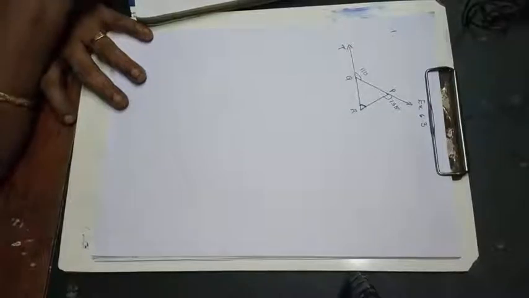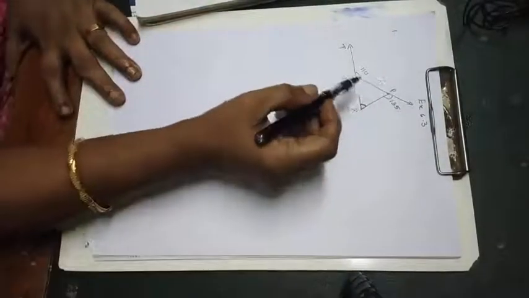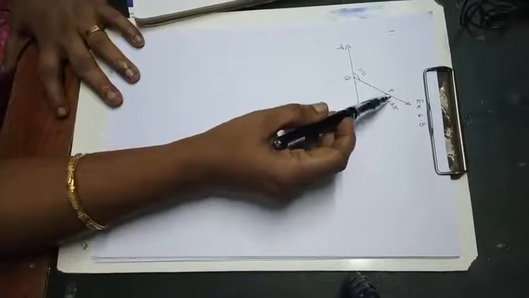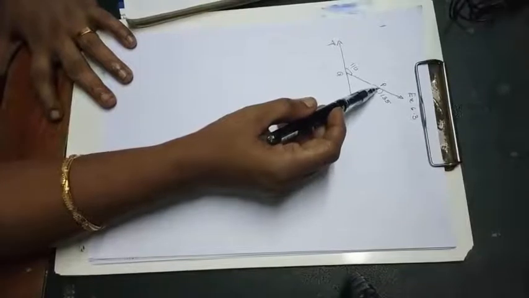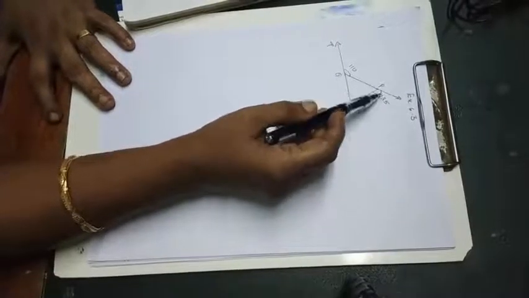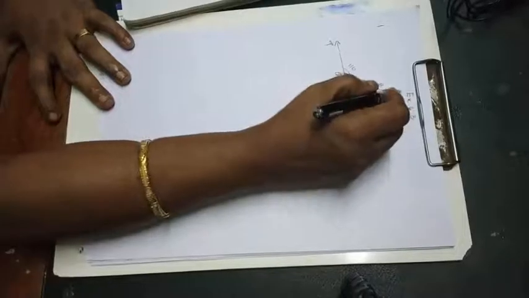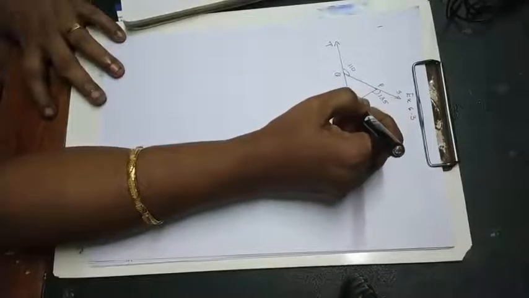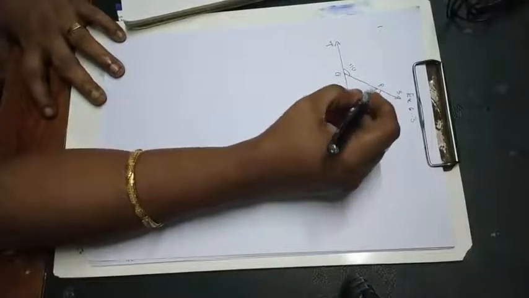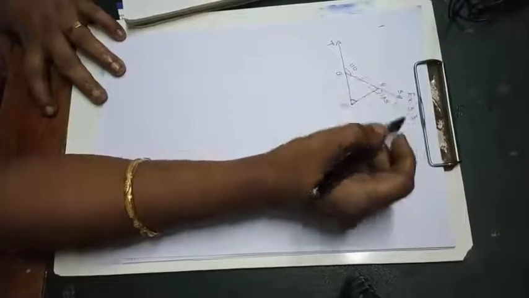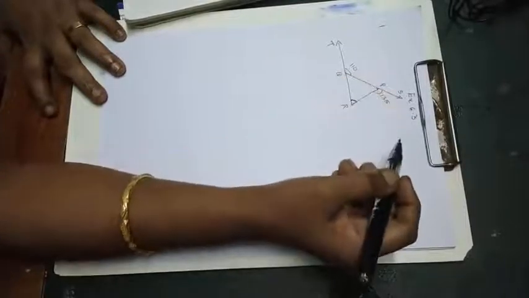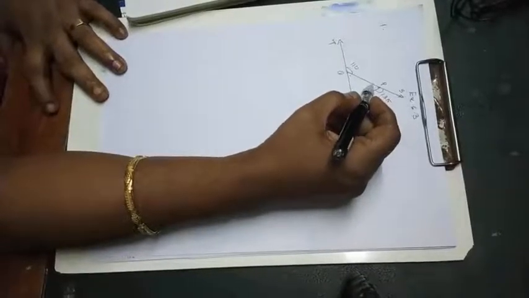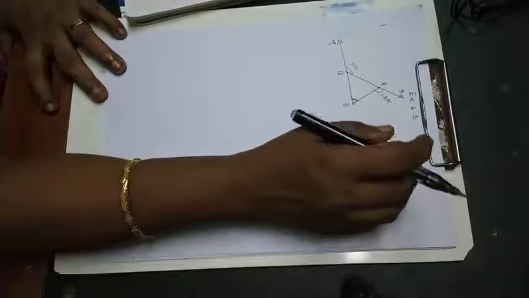So two ways you can find it. First one, find out these two angles. Using the property of linear pair you can find out these two angles. Why? PS is a line, QS is a line, PR is cutting that one, so a linear pair will form. So this angle you will get, same way this angle also you will get. Then angle R will be equal to 180 minus (P plus Q).